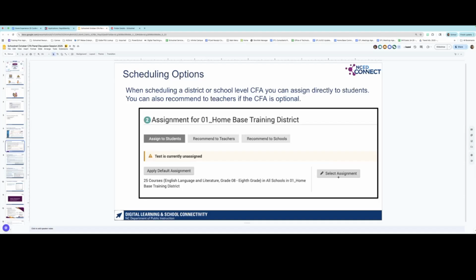Let's say a 5th grade math class: that course code is assigned a grade range of like 3rd through 6th. If the district does not specify that this course code is only for 5th grade, then in the default assignment you could see some 6th grade math classes and some 4th grade math classes.